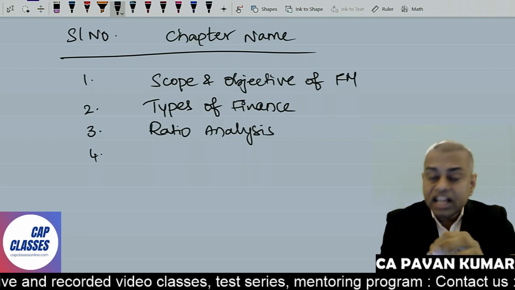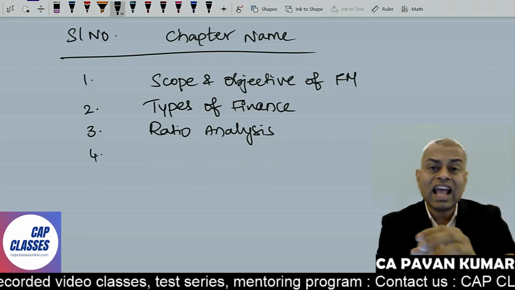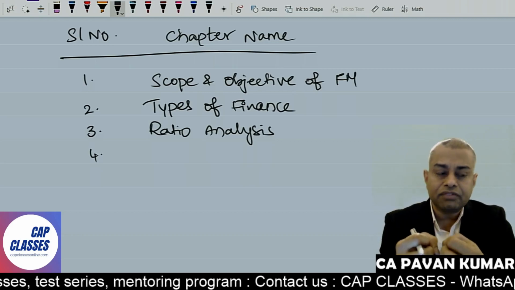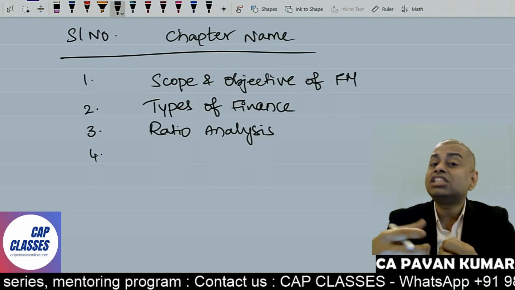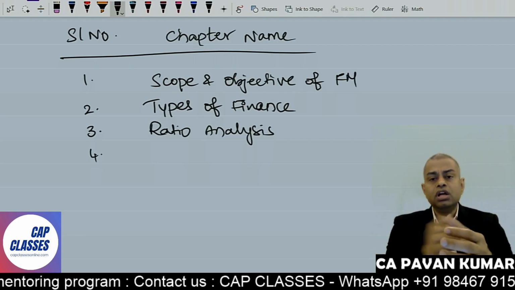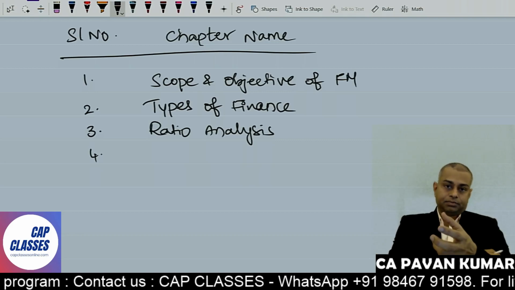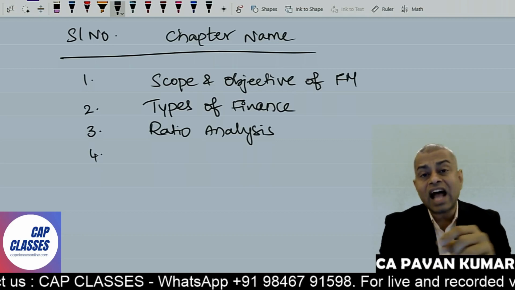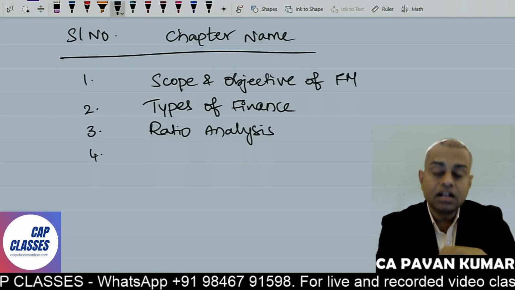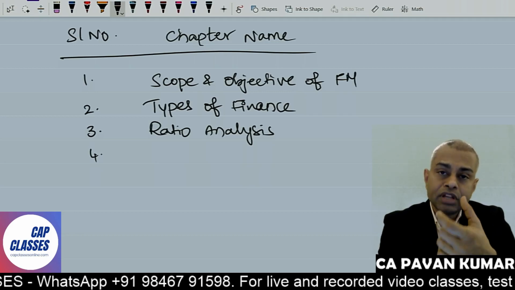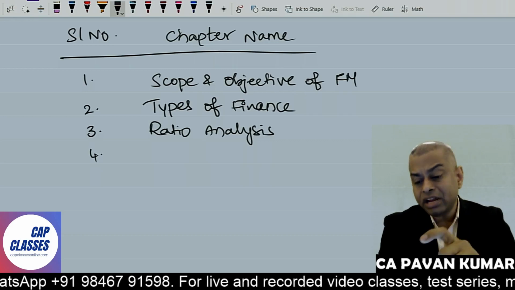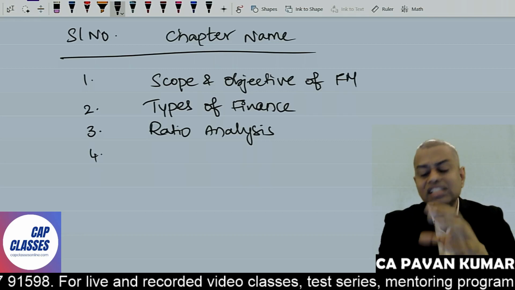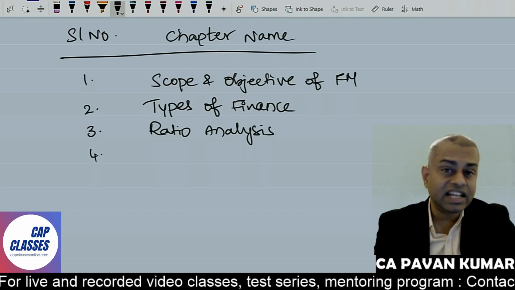Not only calculation of ratios, we go into the analysis aspect, and we also go into utilizing ratios and financial information. How can we construct a P&L account and balance sheet? They'll give you some financial information with missing figures. Using that, we have to calculate various items of financial statements, and we have to prepare a cash flow statement, a P&L, a balance sheet, this kind of stuff. Normally P&L and balance sheet. So this is ratio analysis, which is actually an easy area.